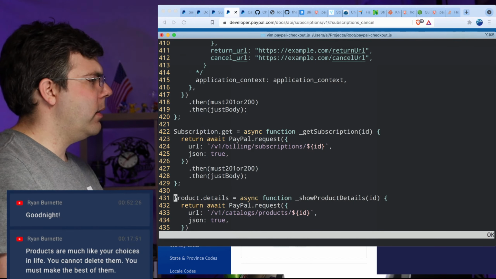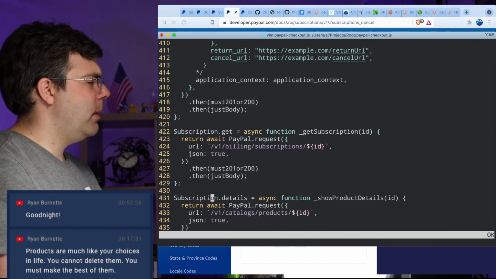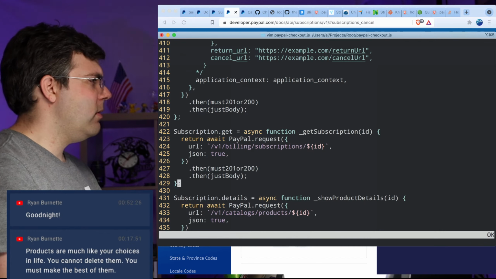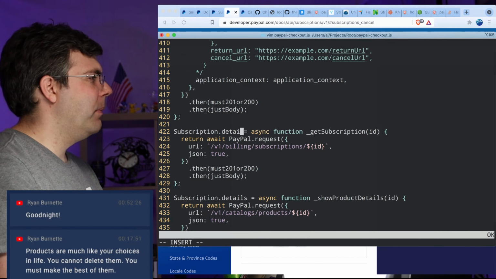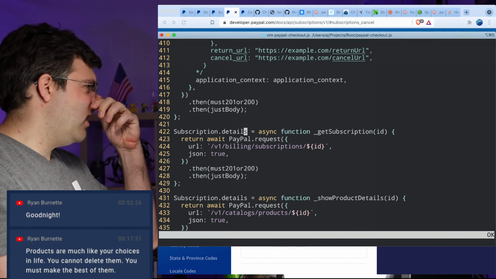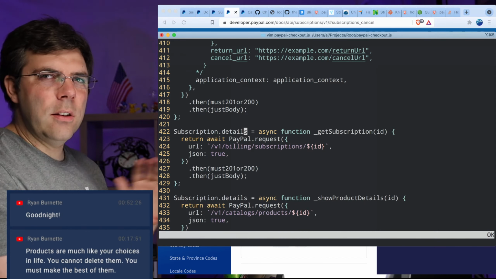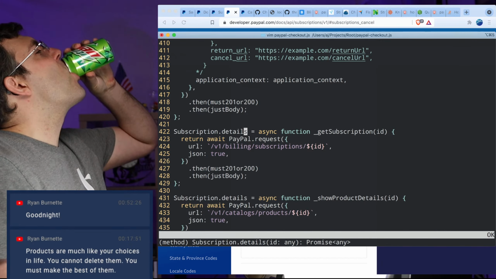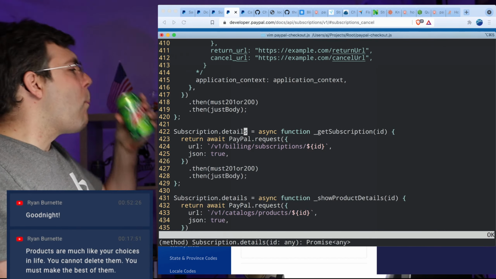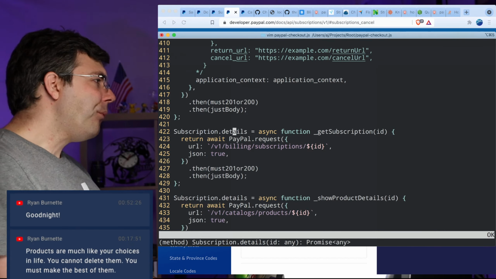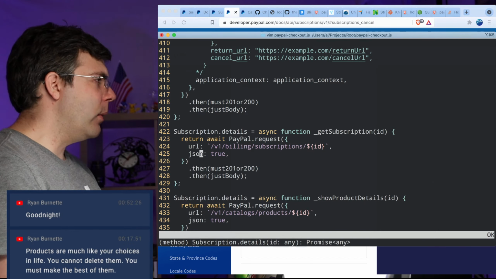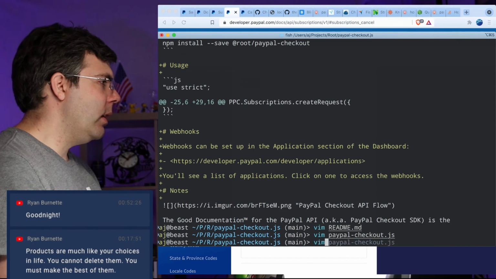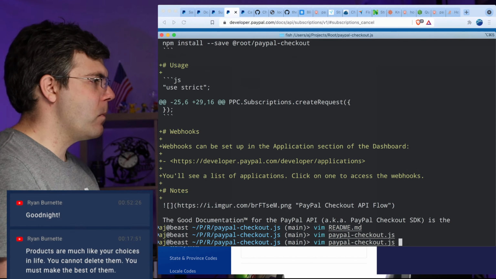So maybe instead of calling that the product.details, maybe I should just call it .get. That would be more conventional. But, you know, here's the thing. In the API, they call it details. So I want to have as little abstraction as possible. I want this to be very clean. In terms of following the lingo as closely as I can.